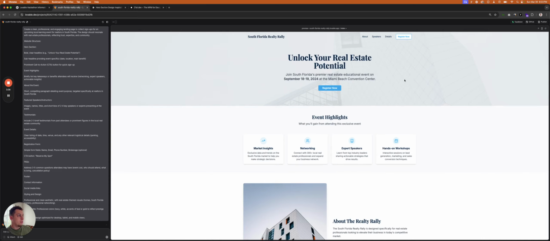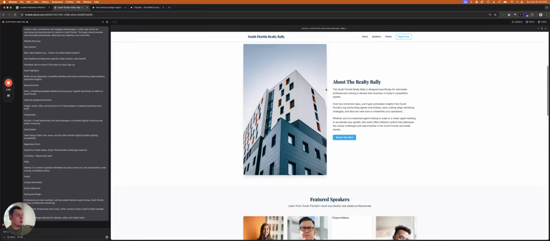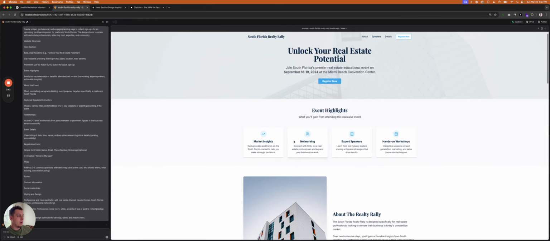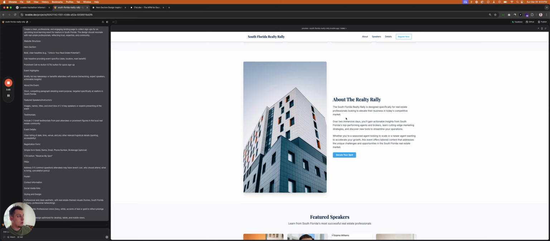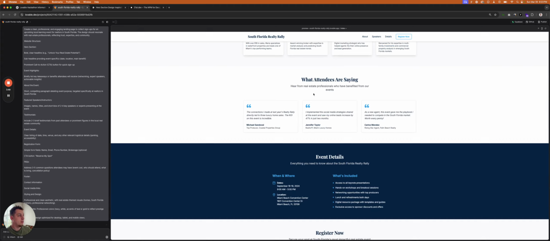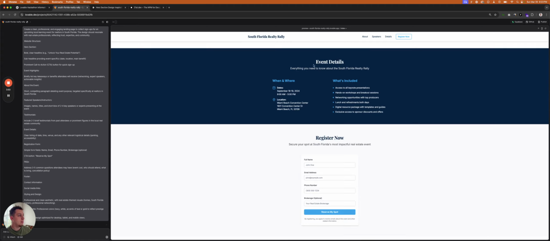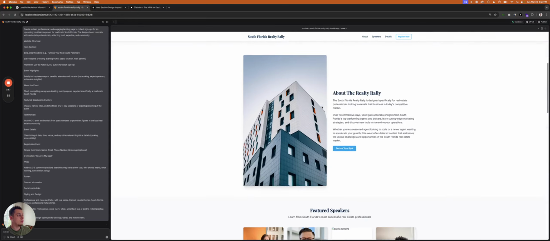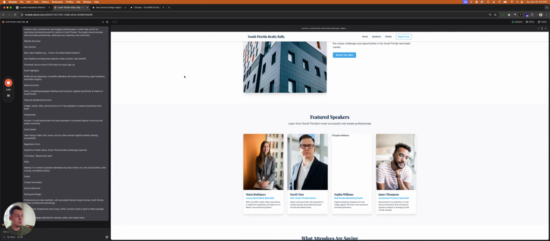We have this register now button, which drops us down over here. Then we have event highlights, about the realty rally, featured speakers, and what attendees are saying, right? So we have different types of attendees and what they're saying, and event details. That's great. So it's a solid structure, but there are a few things that we could fix